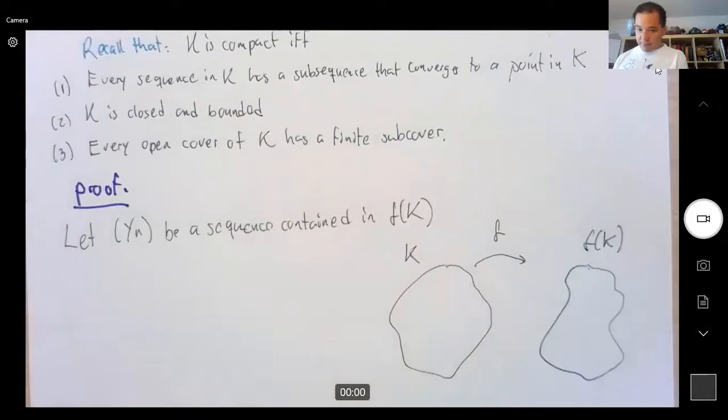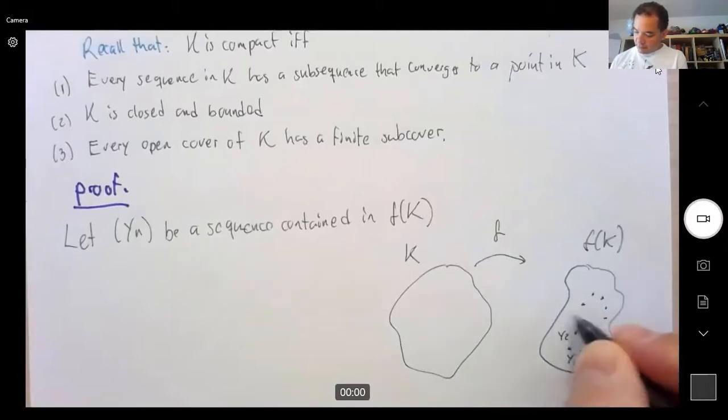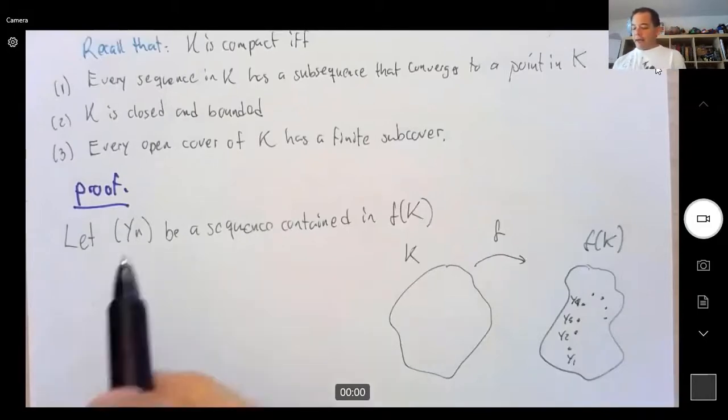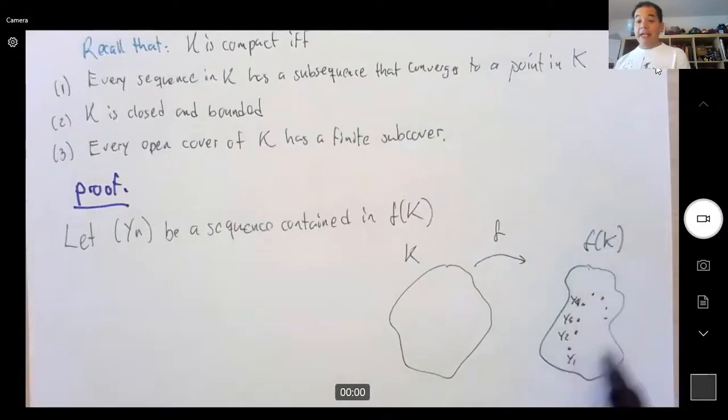And what I'm doing is I'm picking a sequence here. So y1, y2, y3, y4, etc. Right? That's so far what I have. Okay, good. Now, next, the fact that this sequence lives in the image means that every one of these points